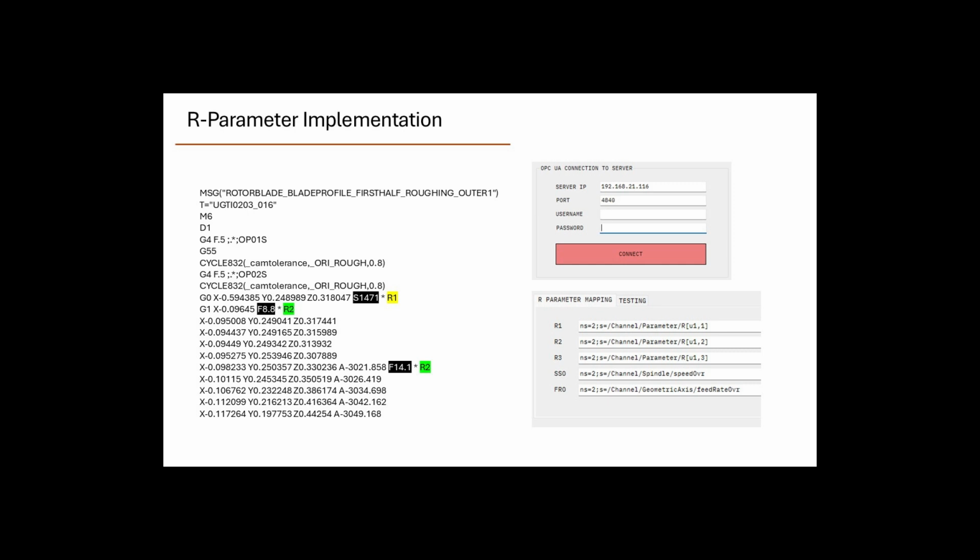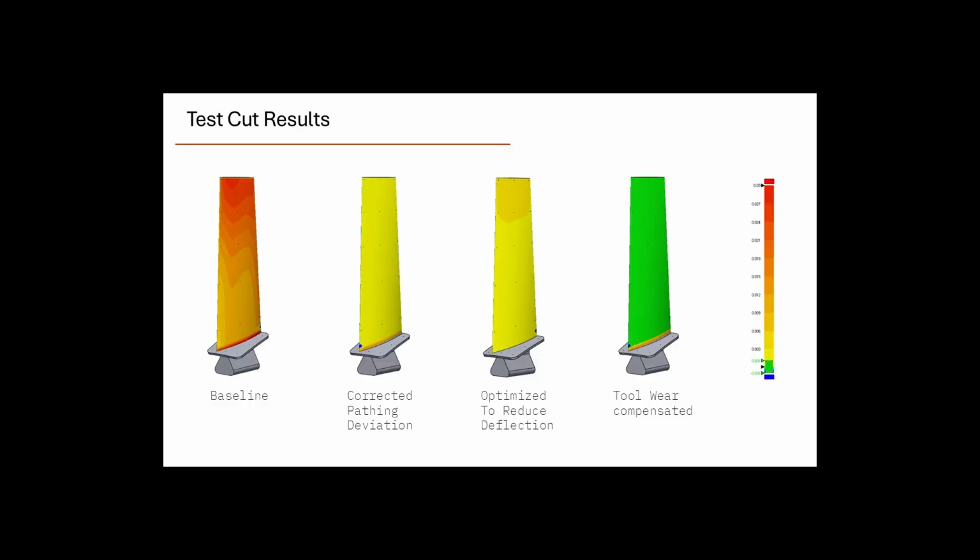And so the result of all of this is compiled here in this slide. What we see on the left is the baseline that we started off with. We corrected for pathing deviation by looking at the differences in our virtual environment to the actual cutting conditions on our machine. And we adjusted a Z offset to compensate for that slight deviation that we were seeing out of